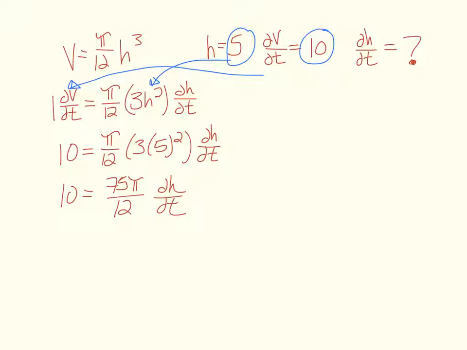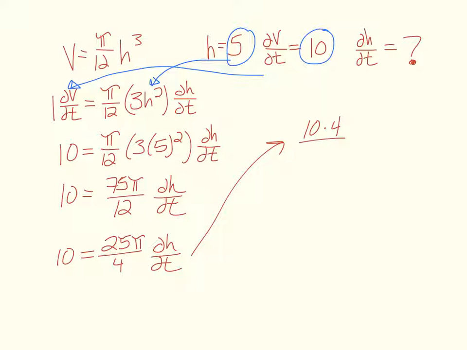And this fraction simplifies to 25 pi over 4. And this is still equal to 10 with dh dt being multiplied. When we multiply by the reciprocal of this fraction, we will isolate dh dt. So that looks like 10 times 4 over 25 pi equals dh dt. And when you simplify this fraction, you can divide both of these numbers by 5,